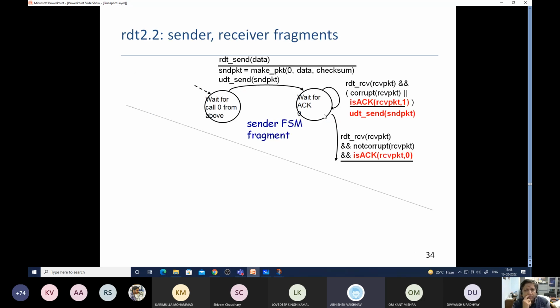Now see here. Now the FSM, I'm just drawing half for 0 packet. Suppose you are waiting for call 0 from above. RDT send data, make a packet with 0 sequence number and checksum and send the packet. And now wait for acknowledgement 0. You have sent the packet. Now, instead of waiting for acknowledgement or negative acknowledgement, you are waiting for acknowledgement 0. Suppose you receive a packet